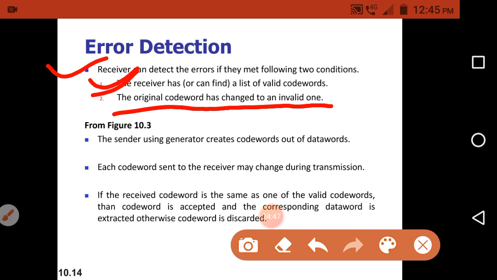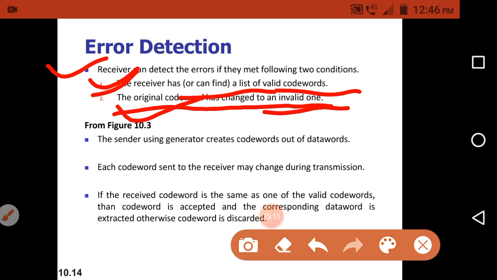Whenever the receiver receives a code word, that received code word is compared with the valid code words. If both match, there is no error. If they do not match, then it is an invalid one. So these are the two conditions the receiver needs to follow to detect the errors.